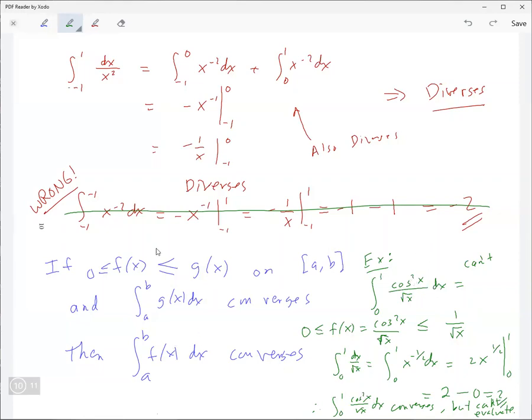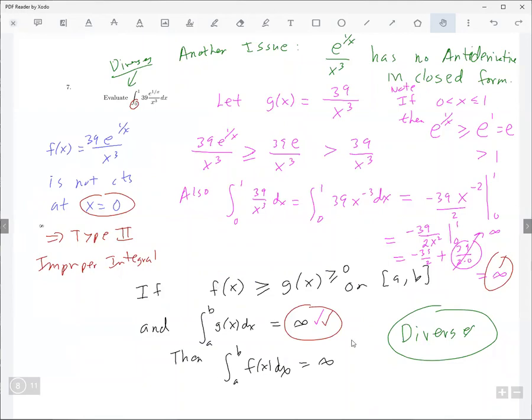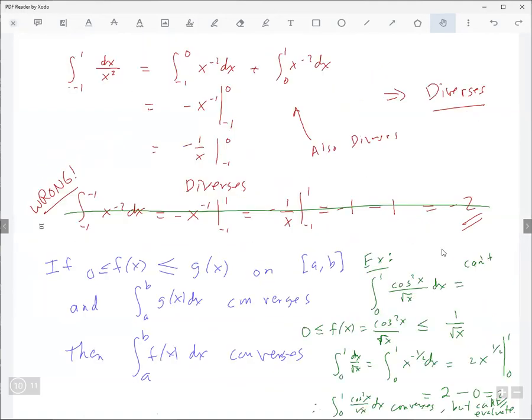And this is what I've basically showed you here. This is called the comparison test, as well as this one right here, which is the comparison test also. These are both really from the same kind of test. You could argue that they are pretty much equivalent to each other. One is used to show that something converges, and the other is used to show that something diverges. There are other tests, but we won't get into that for now, at least.